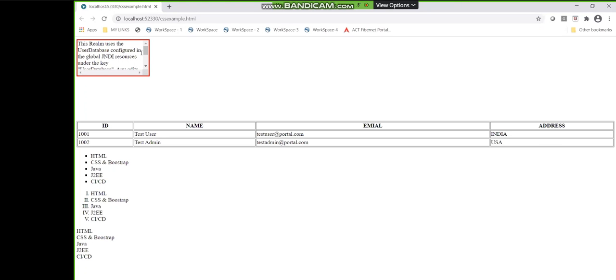So these are the various kinds of overflow you have in CSS when there is some overlapping of content and the component. You can choose the overflow according to your requirement, whether you want to hide the information, show the information, use auto overflow, or show the scrollers by default, and bring up the scrollers when your data is overflowing. This kind of information can be controlled by overflow. Remember, this is a very important